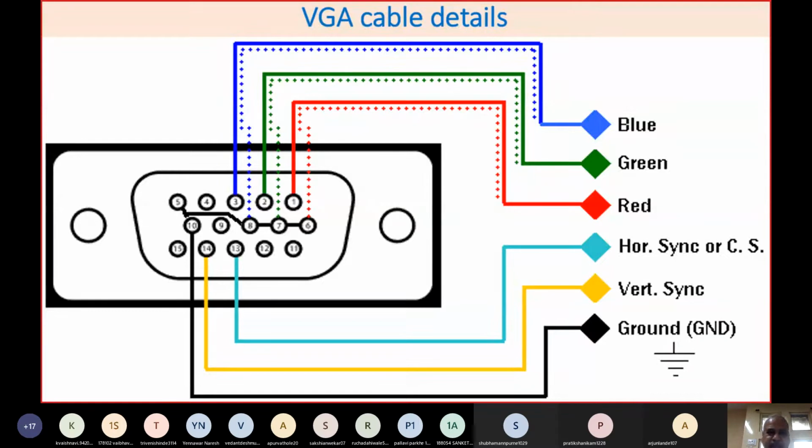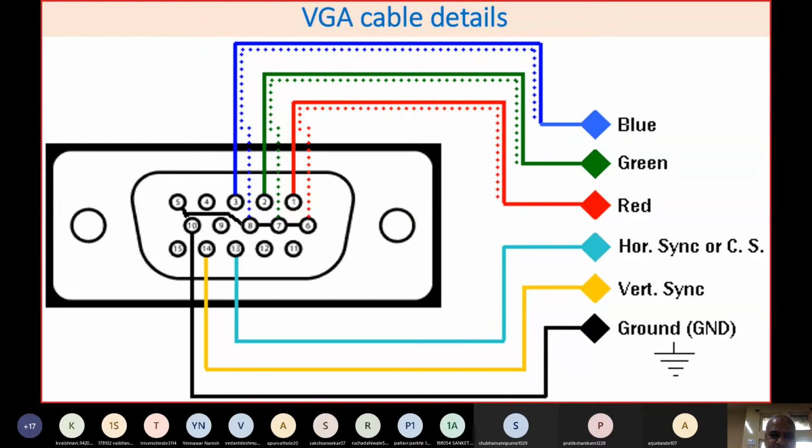You already know that it is called a Video Graphics Array. This is a socket which is normally present at the back end, and from this the video signal goes to your monitor. If you see, this is a 15 pin socket, and though there are 15 pins, the useful pins are only 6 pins as such. It is listed here also.